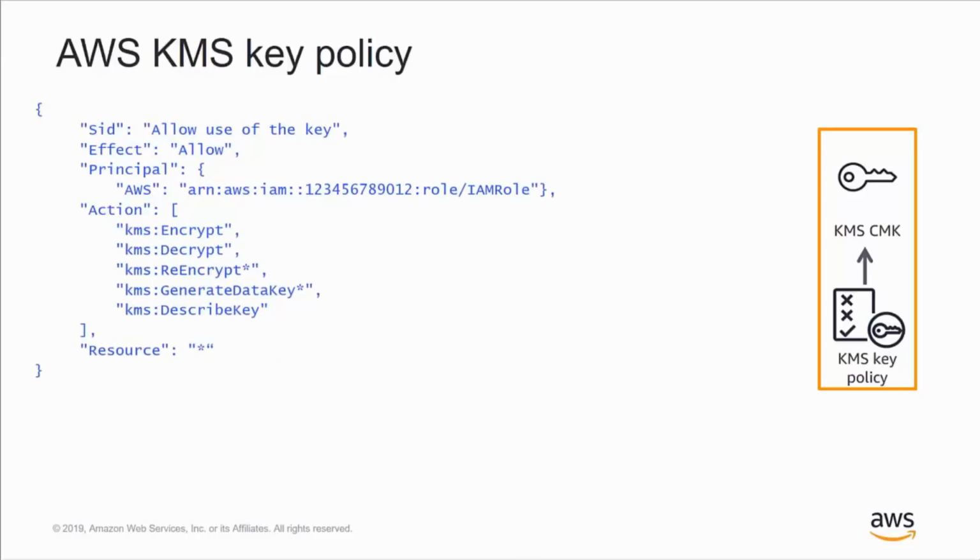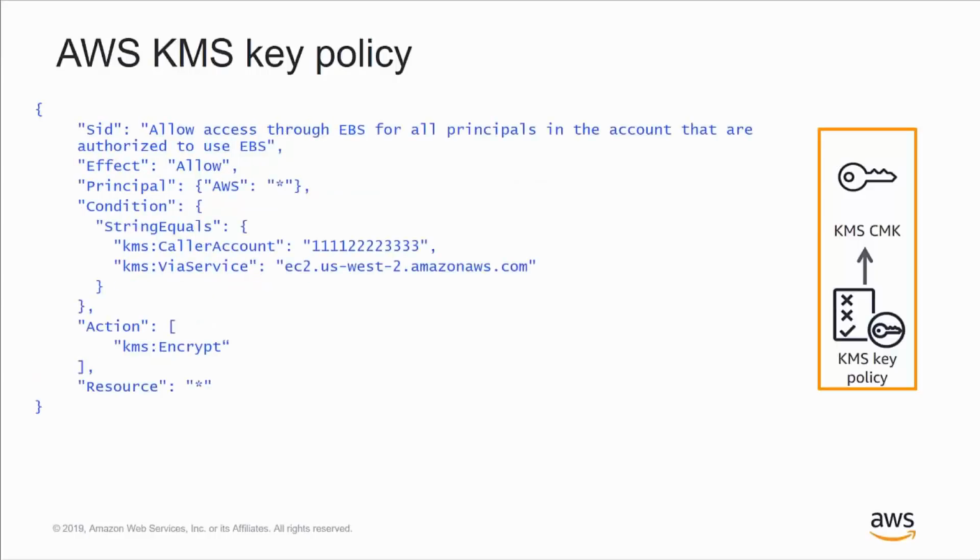So here we're defining a role that can use a key, and we're stipulating that using a key in this case means encrypt, decrypt, re-encrypt, generate a data key. In this policy, we're going a level deeper and applying some constraints. So, for example, in this case, we're saying that a key can only be used by a caller from a given account coming in through a particular defined service, in this case, EC2 EBS in a particular region. And that call can only use the key, for example, in this case, to encrypt data. So we're being quite specific here, and you can obviously layer in multiple constraints in a single key policy.